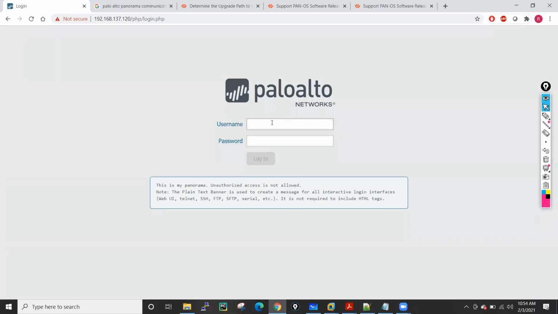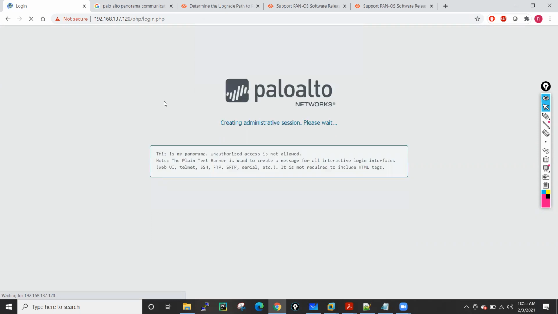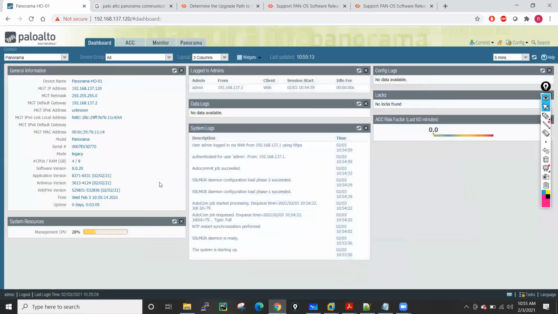So guys, now my Panorama came up. Let me log in to the Panorama and we will see. If you see right now, your software version is 8.0.20, right?